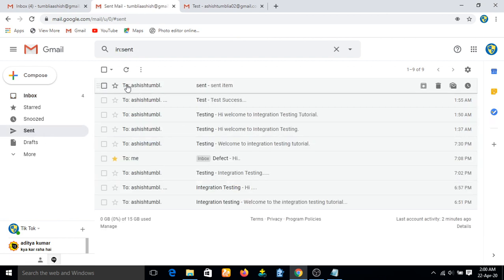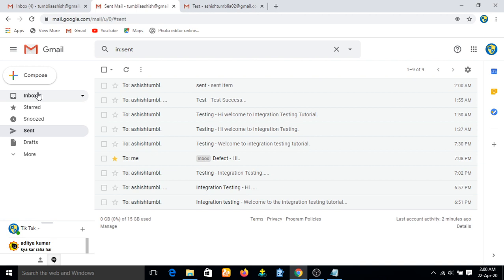See, this is the data that has been flown from this module to this module. I have used the compose module to send a mail. That mail is transferred to another module, that is inbox, to another user.